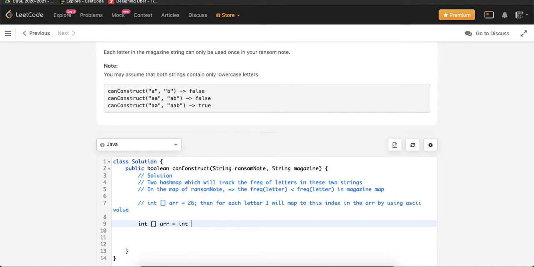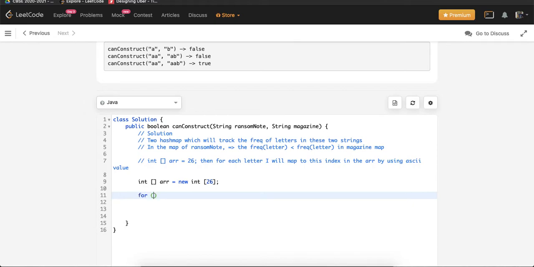Let me code this, which will help you understand this problem. I'll take one integer array of size 26. First, for each character in the magazine string, I'll map this character to its ASCII value index and do plus plus.